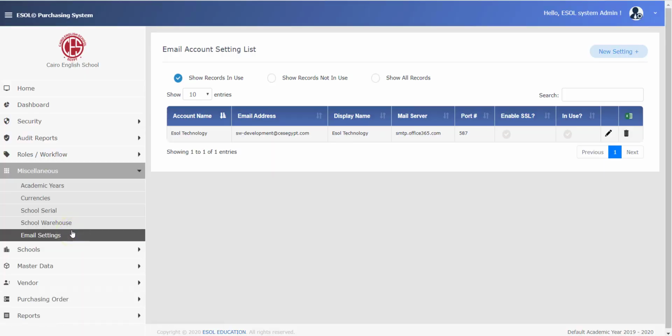The email settings is the section within the ESOL purchasing system that is responsible for the notification emails that the system generates and sends to all of its users regarding any information or any confirmation or refusal for the purchase order, which we discussed previously, of course, and how they get an email within the workflow and the workflow steps. First of all,